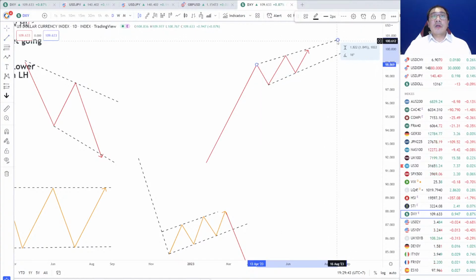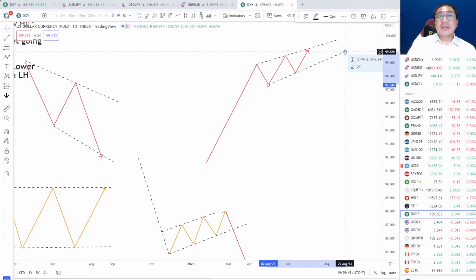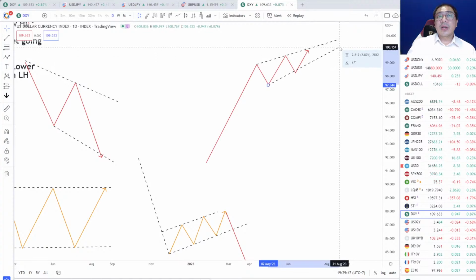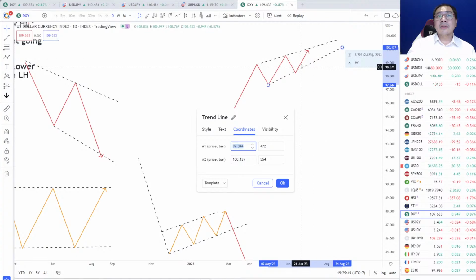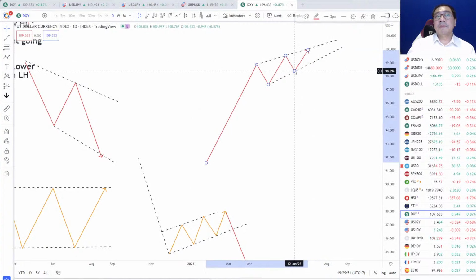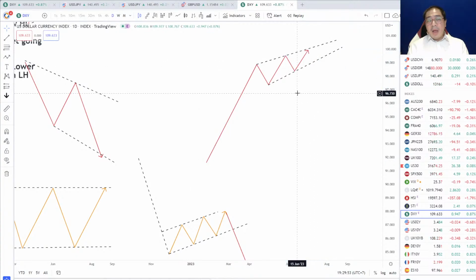So if we draw this, you'll notice that the support trend line and the resistance trend line seem like they want to meet up. That, my friend, is not a continuation pattern. It is actually a sign of potential reversal in the market, because the next